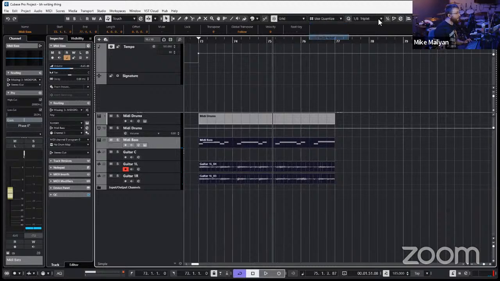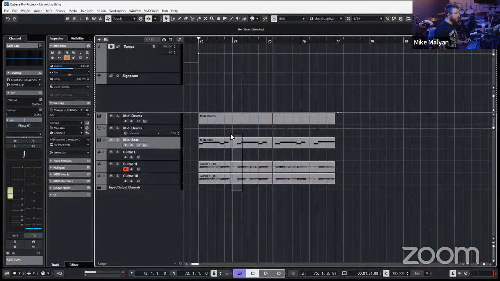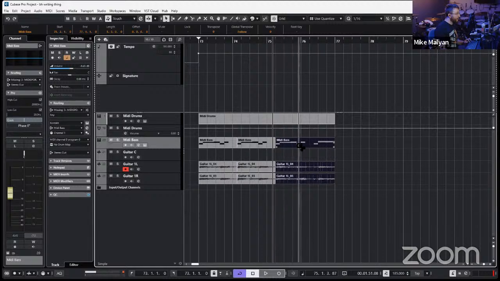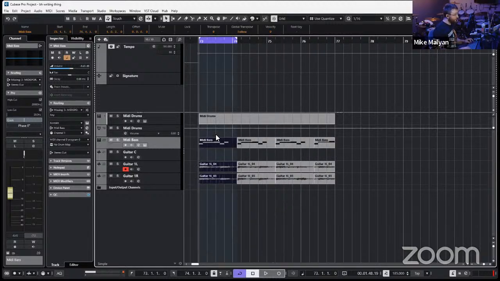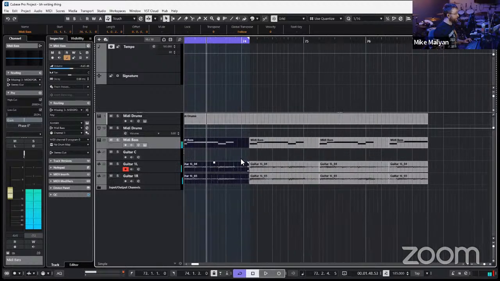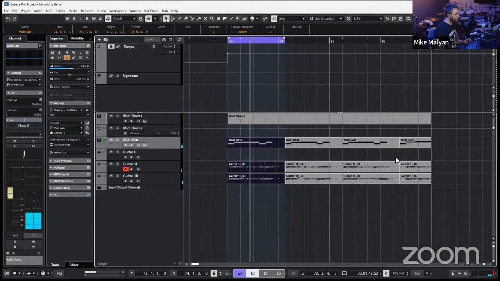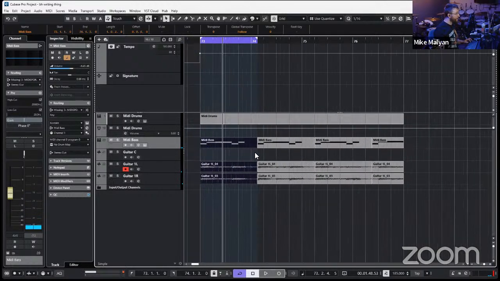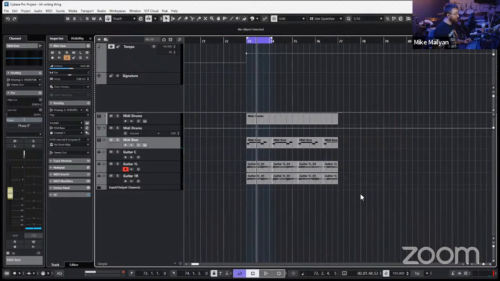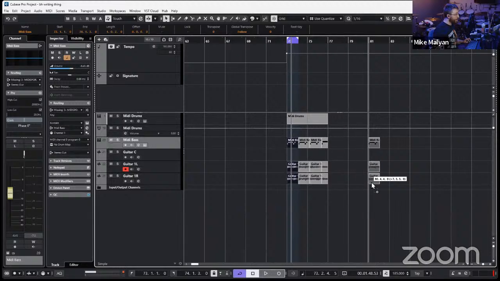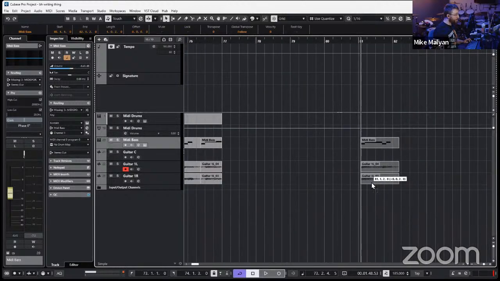Let me explain. These work better when you think of them as pieces. Like this. And then you can have variations on this. So I'm going to go ahead and copy this over to make a new riff out of it.